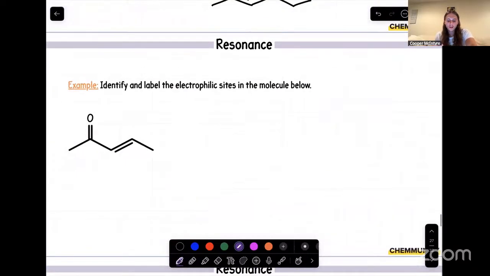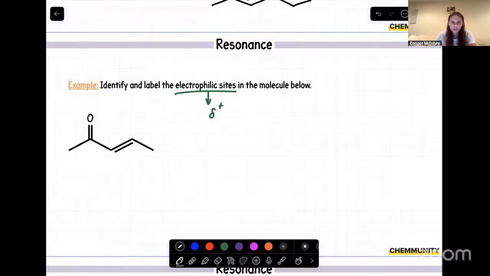Nice. So we're done drawing the actual resonance forms, but this is showcasing how resonance will be applied in organic chemistry too. So right here is a really good example. And in terms of finding the electrophilic sites, which is what we want to do, this is something you'll be doing in the last third of organic chemistry, but it's something you can still do now. So what I want us to do is go through and find those electrophilic sites on the molecule. If you forget what electrophilic means, it means we are lacking electron density. And in this case, we can just think of it as partial positive charges on the molecule.